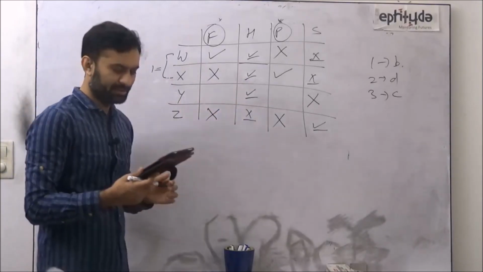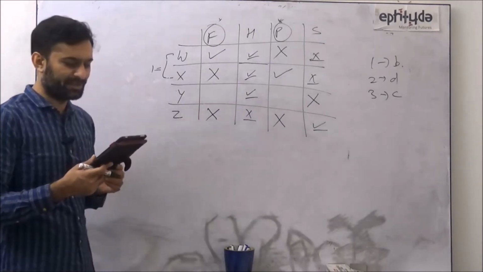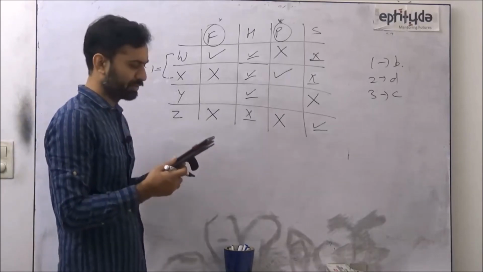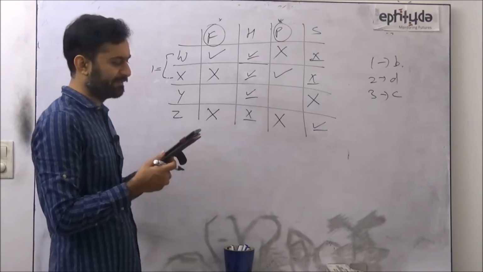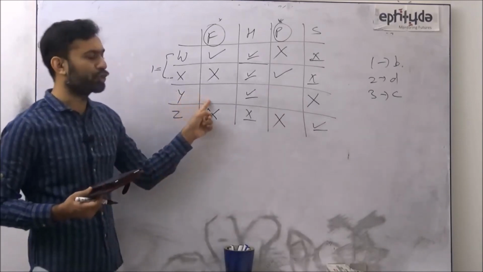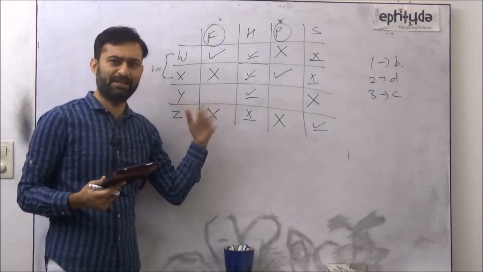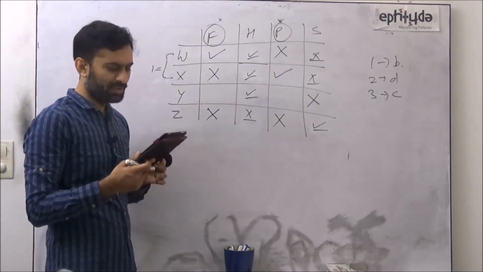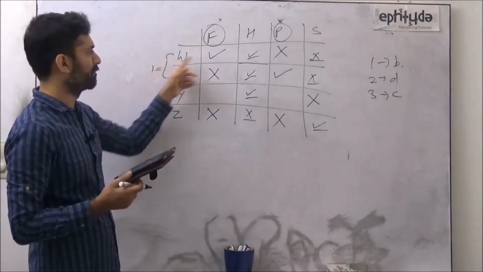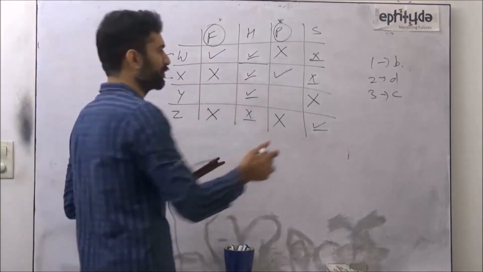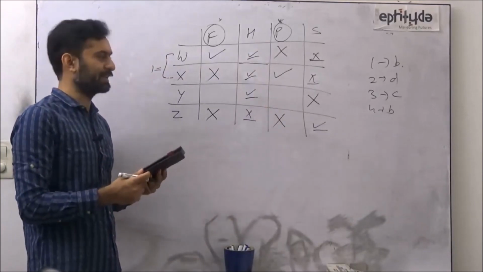It says, if medicines W, X and Y have a side effect in common, then which one of the following statements must be true? Look at option A. Fatigue is a side effect of Y. It's a could be case, not a must be case. So this is out. Headaches are a side effect of W. Yes. I get the answer. I stop here. It's a must be case. I have to have that tick, right? So fourth, B is the correct answer.